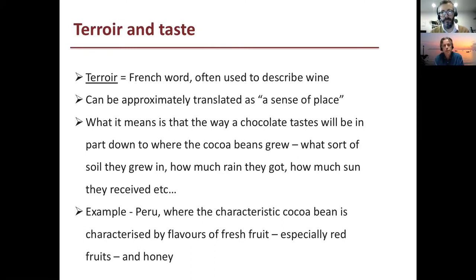And I hope we'll be able to demonstrate that when we do our tasting. And an example of it, as I mentioned earlier, in Peru, the cocoa that comes out of Peru is characterized by fresh fruit flavors, especially red fruits and honey. So we'll be watching out for that when we try our 55% Peruvian milk in just a minute.